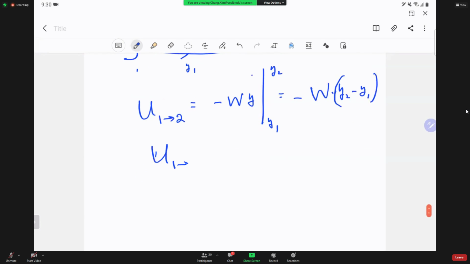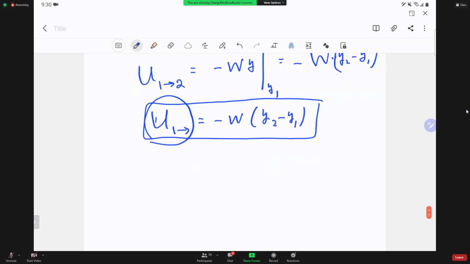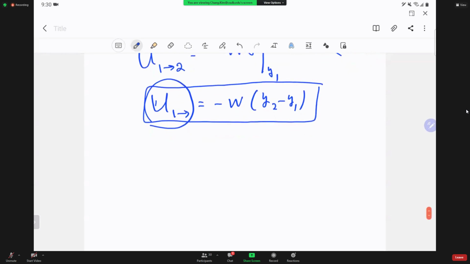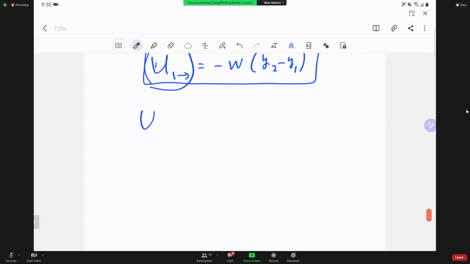So U12 is going to be w times y2 minus y1. So this is the amount of the work done by the external force, in this case, the weight of the unit. Okay. Now, what about the U1 to 2